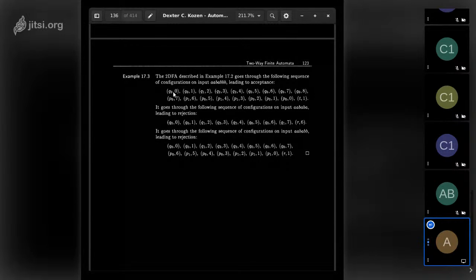So immediately while starting the process, on encountering the left end marker, you will move one step right in Q0. So from Q0,0, one step right means you will move to Q0,1. This means initially you are in Q0,0, you start processing, you are again in Q0, but your read head is pointing to the first symbol, that is Q0,1. From there you will read the first symbol. Okay, that will be, suppose it is